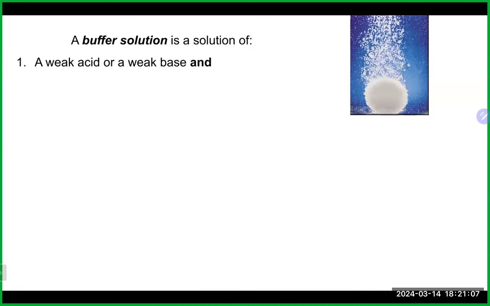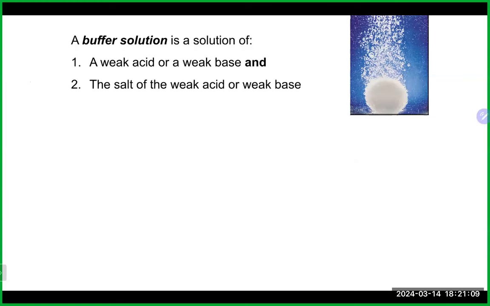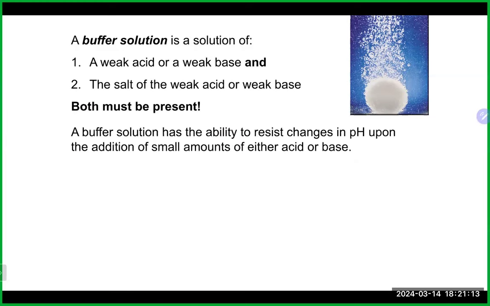All right, so we've been sort of dancing around the idea of common ion, and really what we call common ions in normal situations is a buffer solution. So a common ion is actually a buffer, or the other way to say that is a buffer is really a common ion situation that's occurring. So a buffer is made up of really one of two combinations. It is made up basically of a weak acid